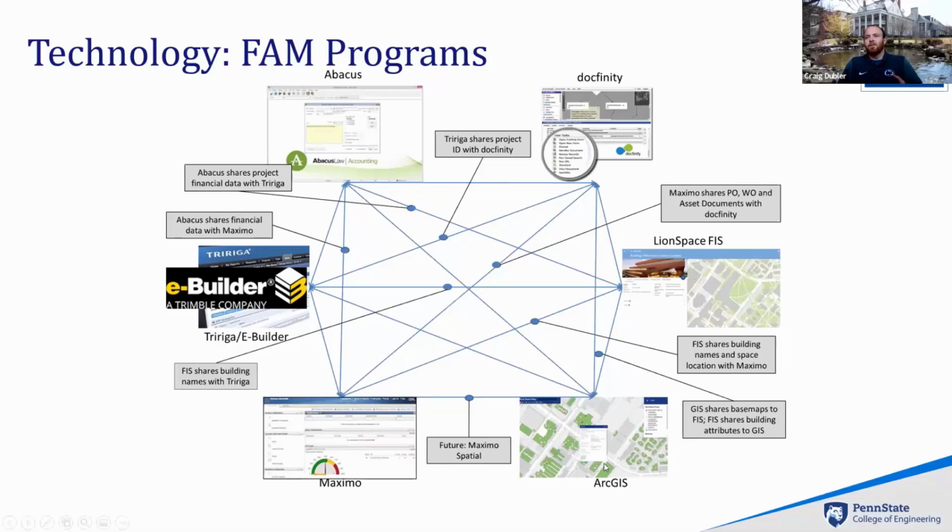ArcGIS is our utilities mapping, done in GIS. IBM Maximo is our asset management tool. And Tririga and eBuilder, now it's just eBuilder, is our PMIS, Project Management Information System. And this just gives you the same thing as a project, how we have to get these systems